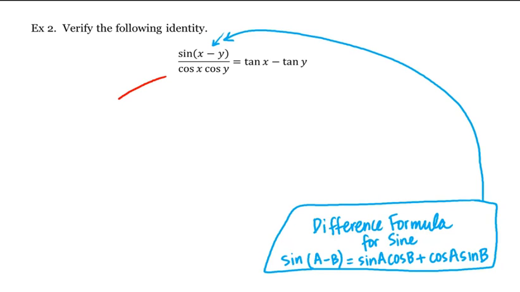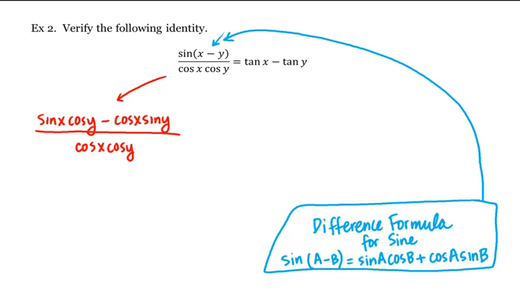In other words, this is equal to sine of x cosine of y minus cosine x sine y, all divided by cosine of x times cosine of y. Now let's divide each term in the numerator by the denominator. In other words, this is equal to